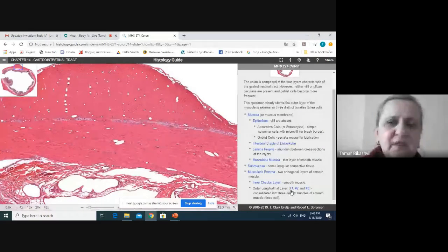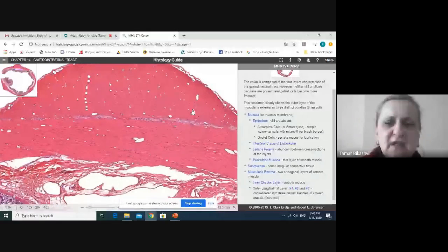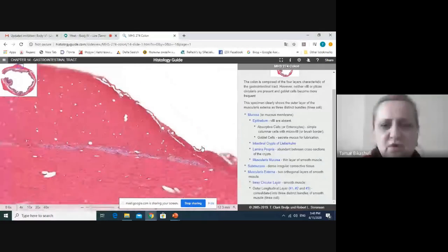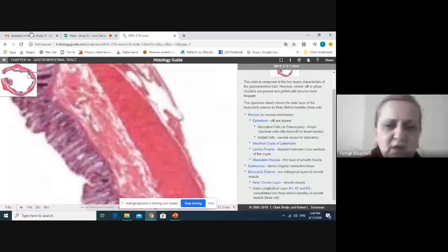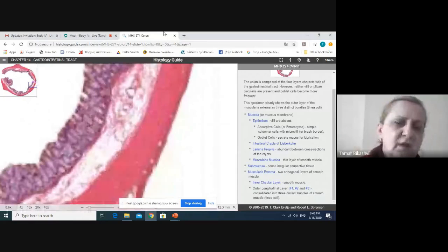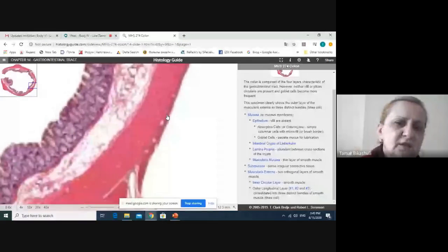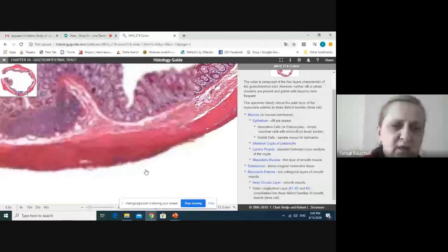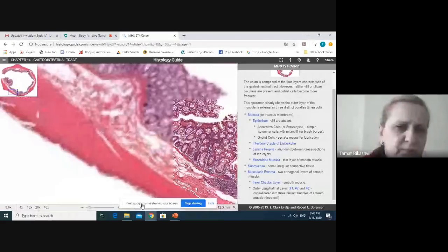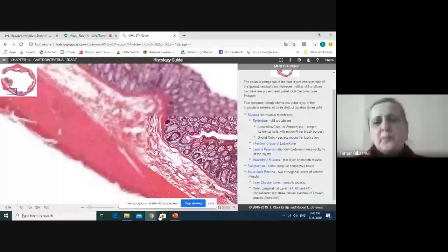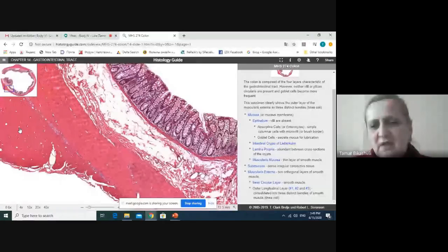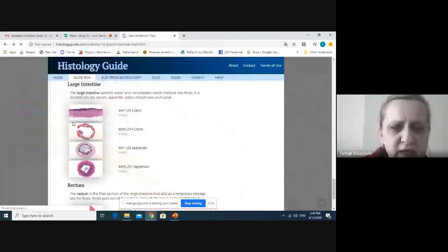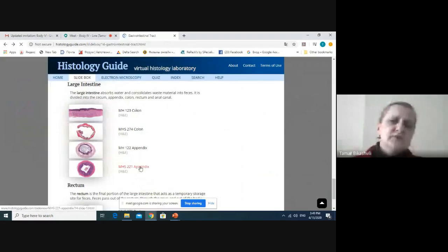with 3 distinct bundles. For example the first, then I'll show another one, and then the third. So the name is Taenia coli. Okay, and then the appendix also